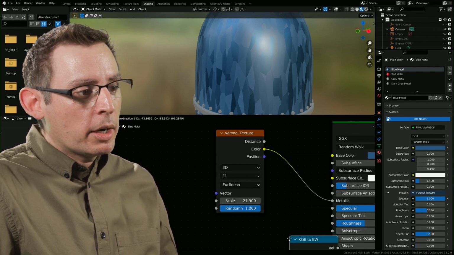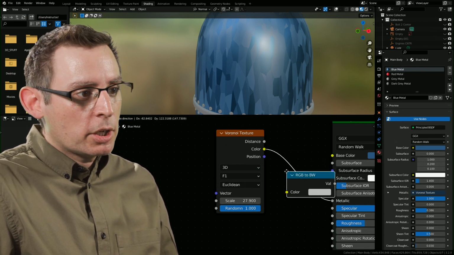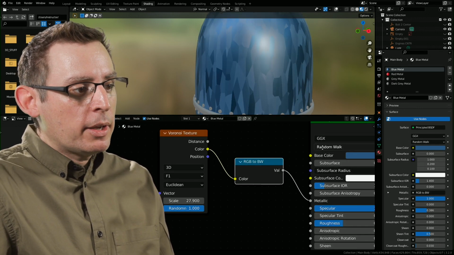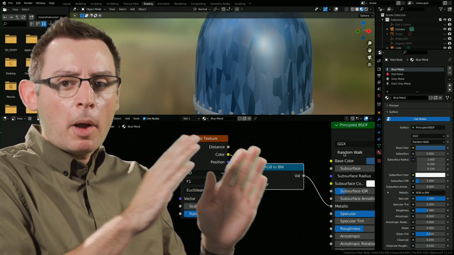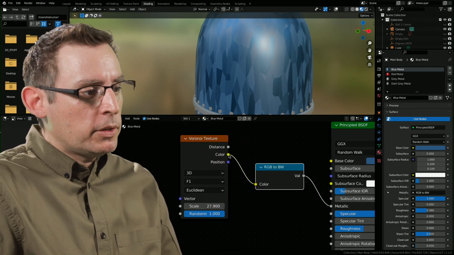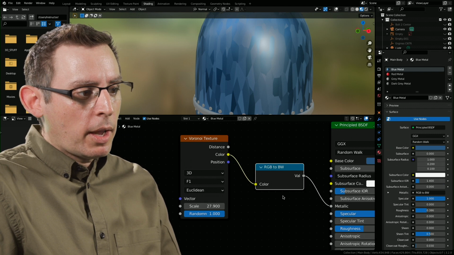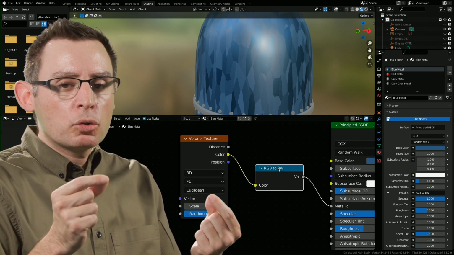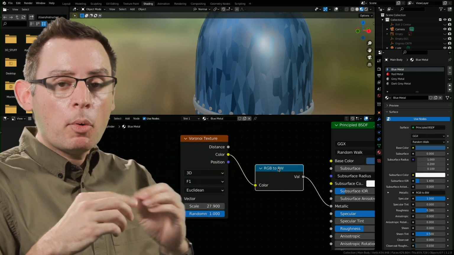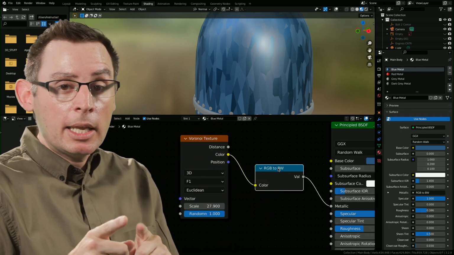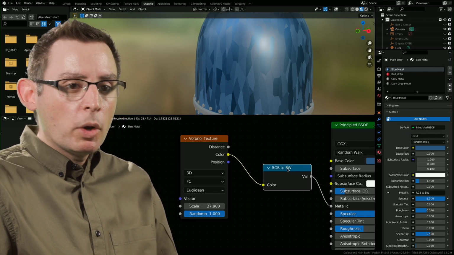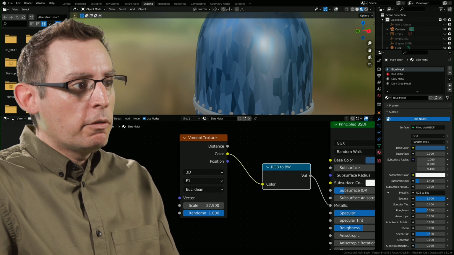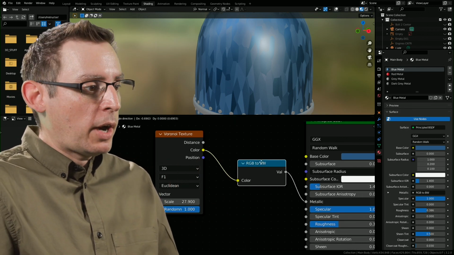I'm going to put it on the wire between the Voronoi texture and the shader. And it's automatically going to pump it in. And now we're having the correct data flow from object to object. See how we have yellow to yellow, then gray to gray. This is doing the exact same thing as it was before, but we lose a little bit of control in determining the start and stop points of the black and white values that are being sent into the shader itself. But this is a good one just to get color information into a 0 to 1 scale if we wanted to use it for any of the other channels inside of our attribute.